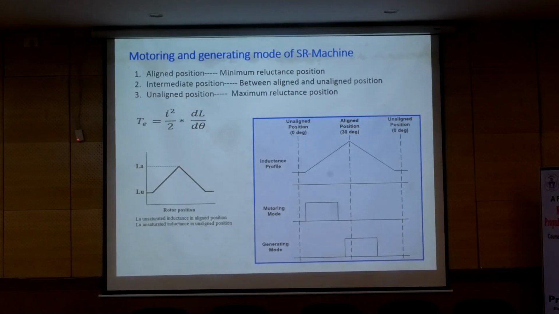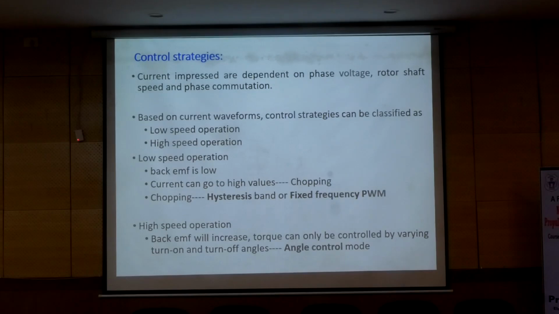So this is about the operation of the motoring mode and generating mode of the SR machine. And when it comes to the control strategies, that depends especially on the back EMF developed in the machine winding, because the back EMF changes with respect to the speed of the machine, right? So therefore,